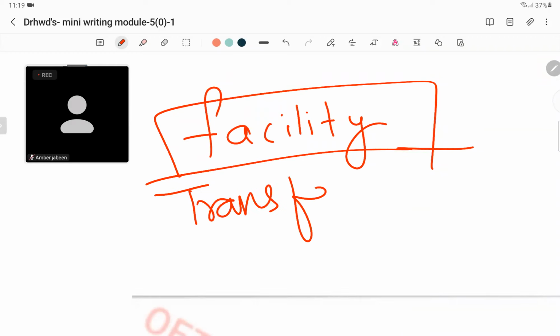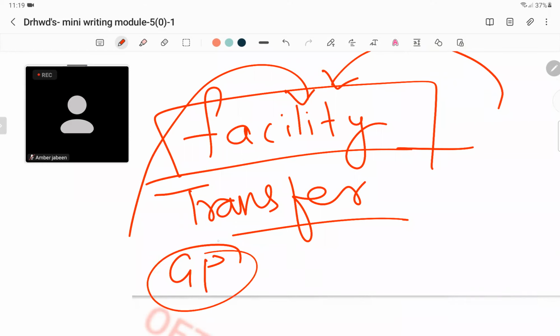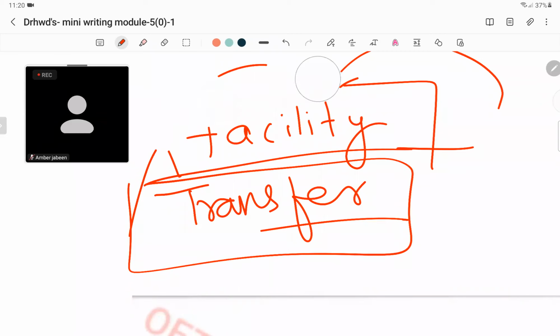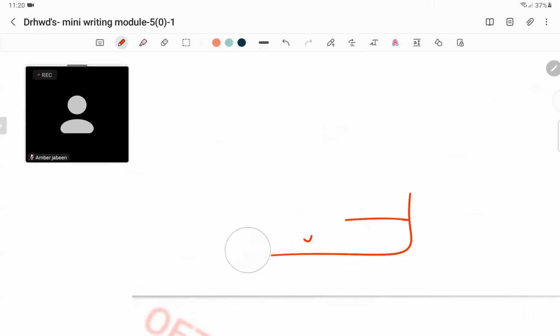Now, we did a letter where a GP, where the person had already been in the facility before, but he was going again. So that makes you think that they already know him. So that became kind of a discharge, right? Now, the essentiality for a transfer is that the patient should be admitted from one place, going to be admitted in another place. That is a transfer. Discharge is that the patient was admitted, but now he's going back home. Maybe he's going back to some other doctor, maybe to his old GP.